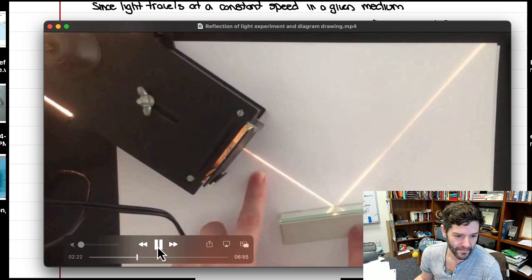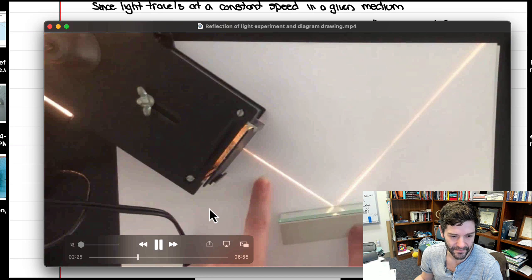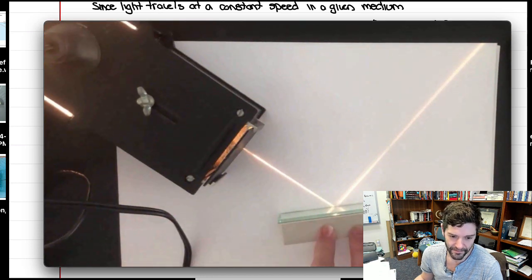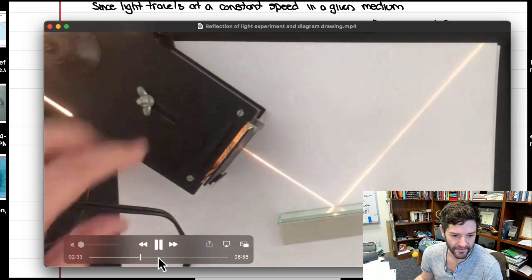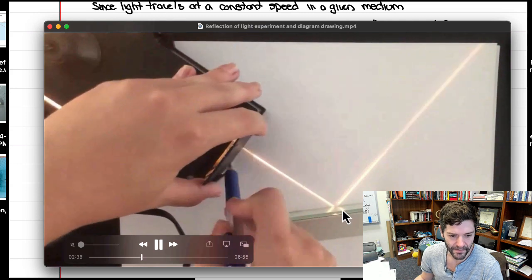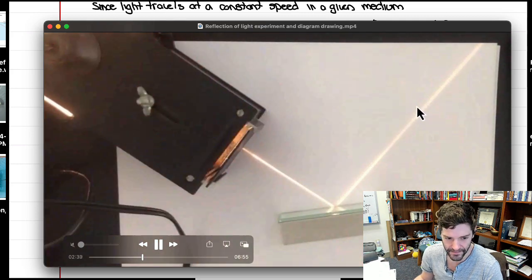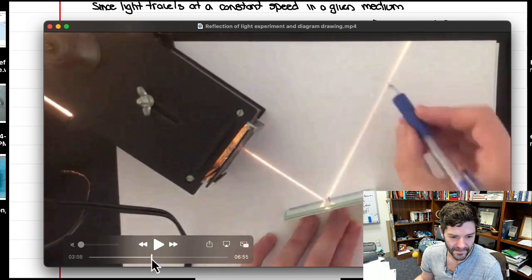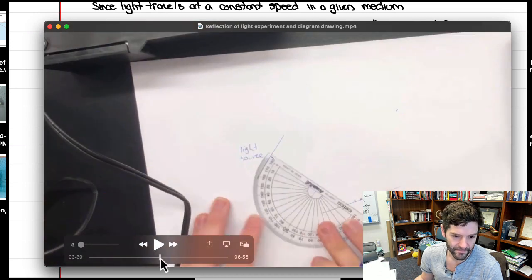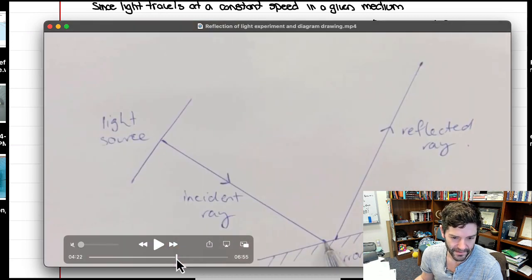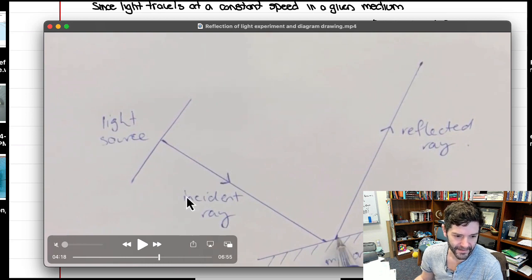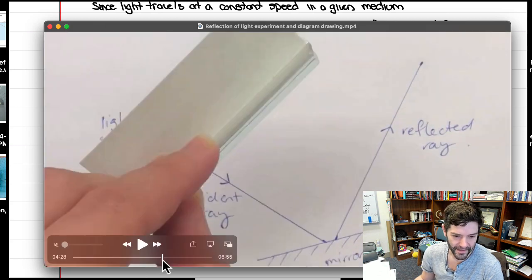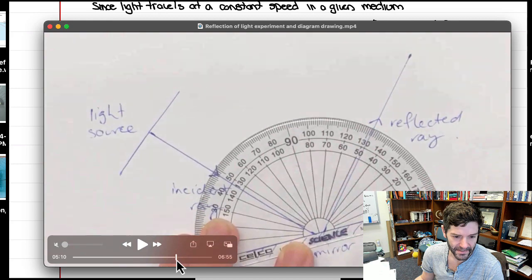So again, it comes in, hits the mirror, then reflects back out. And now we want to understand what angles, if I knew how it came in, could I say something about how it comes back out? So let's move forward. They draw some lines, essentially is what you're going to do in lab. And they draw something like this, where they have the idea of the light beam came in, it hit the mirror, and then bounced back out. And it turns out that you can define this particular angle